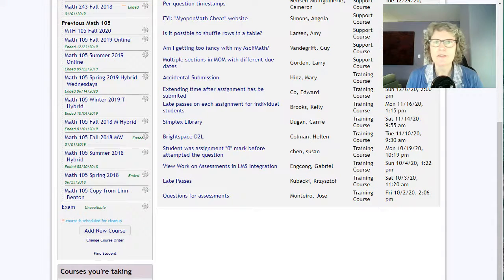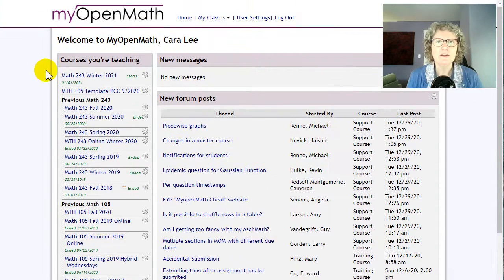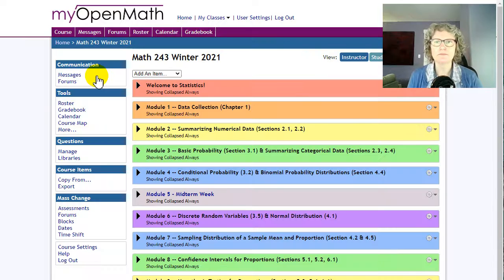Okay, let me get that set back up. So then once you do either one of those things, you should see a link right up at the top here. So I'm going to click on our course, and then I'll just give you kind of an overview of the layout here. So these are going to be all of our modules. Up at the top, you can use forums and gradebook. Those are going to be the most important ones.